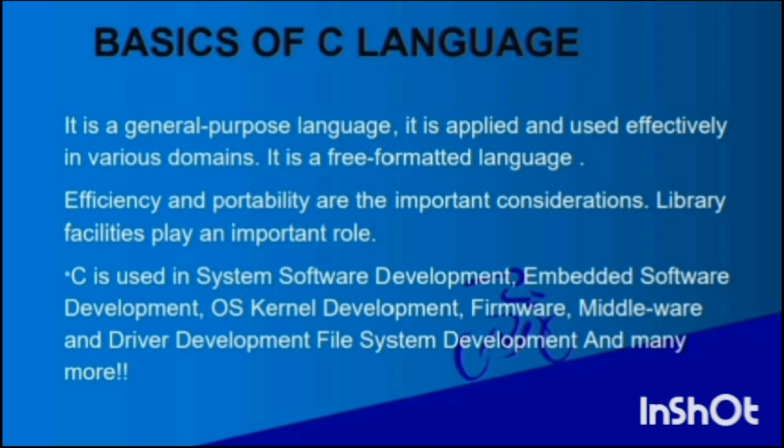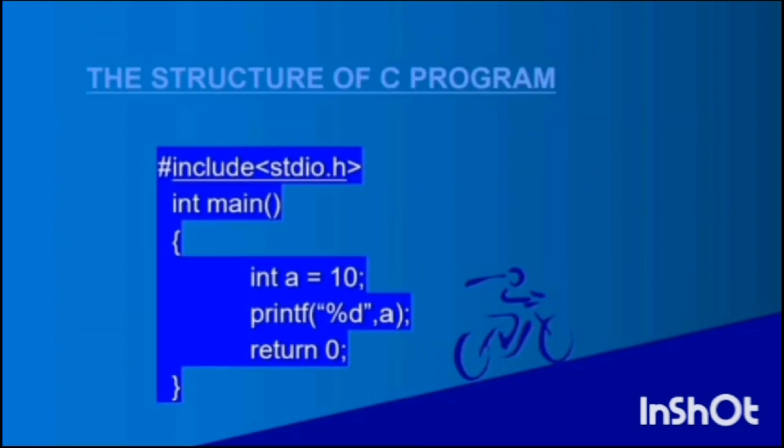C is used in system software development, embedded software development, OS kernel development, firmware, middleware, driver development, file system development, and many more. And the structure of the C program includes the header files, that is #include